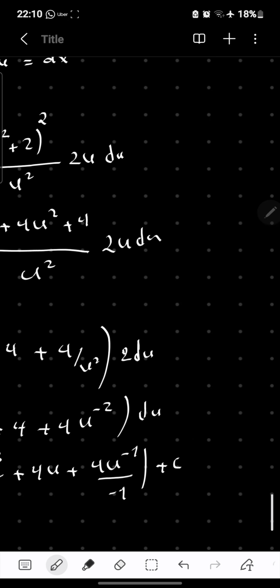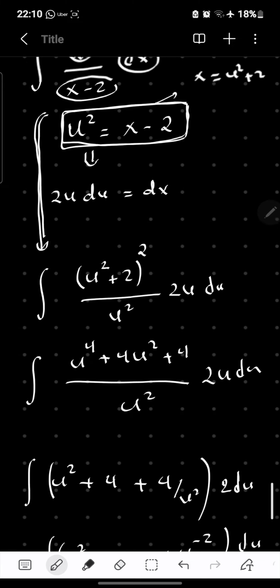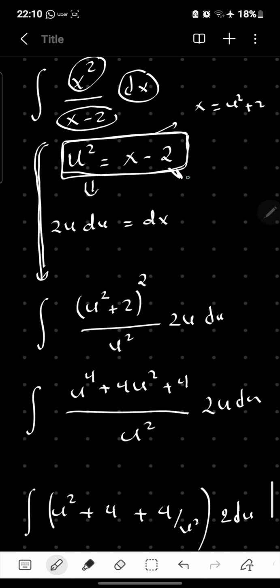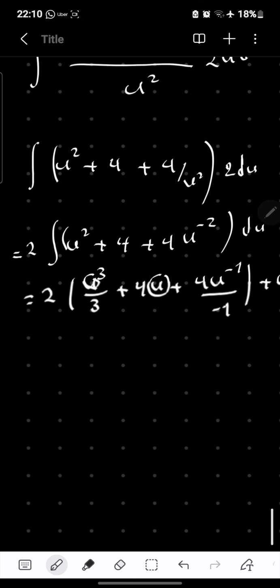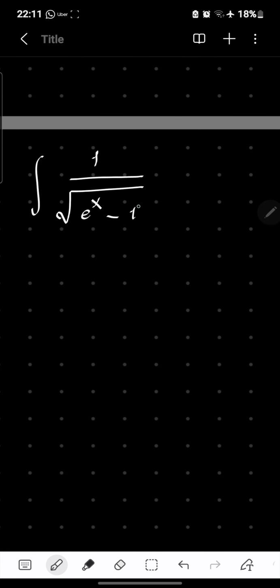And you can put the integral or the solution in terms of x by substituting u in terms of x here. So here u is equal to square root x minus 2. So this is the basic idea of integration by substitution. You are taking a part of the integrand to differentiate it,